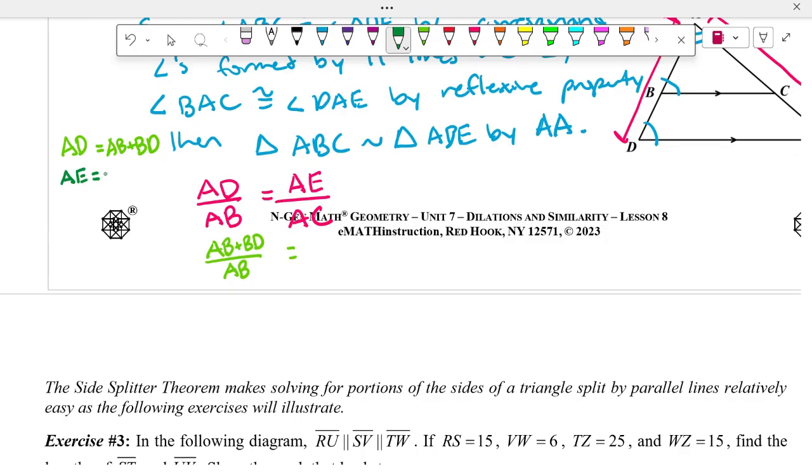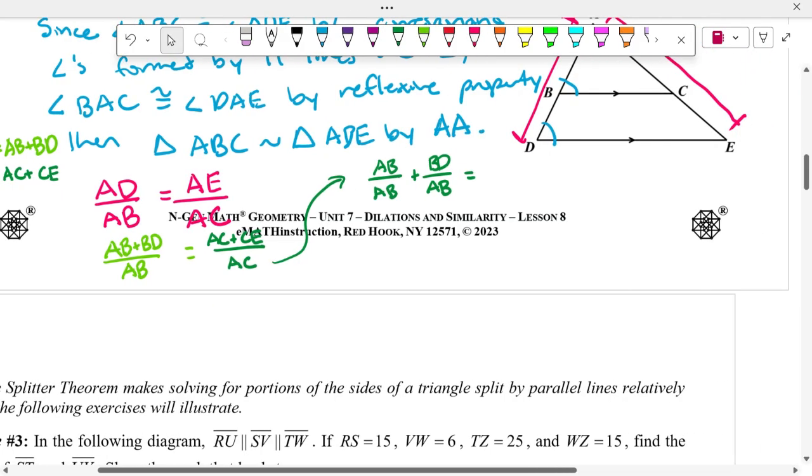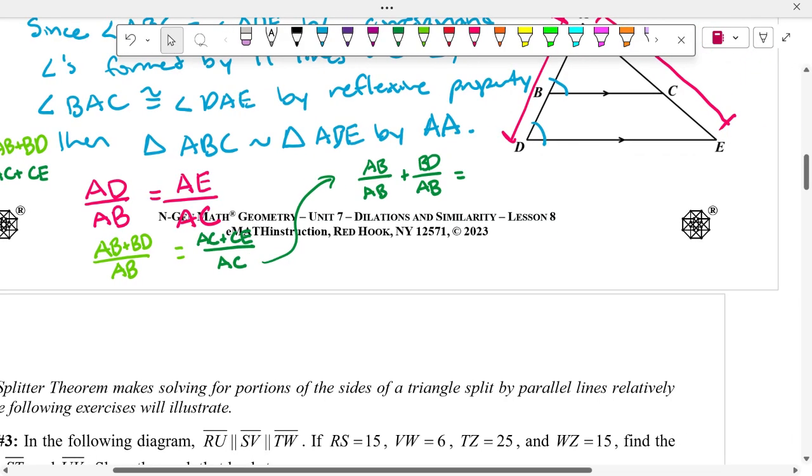Now, AE I can write as AC plus CE. This would be AC plus CE all over AC. Because this is adding two fractions, I can rewrite that as two separate fractions. So I can do AB over AB plus BD over AB, which is equal to